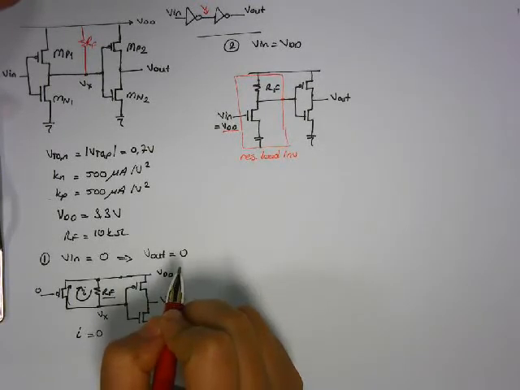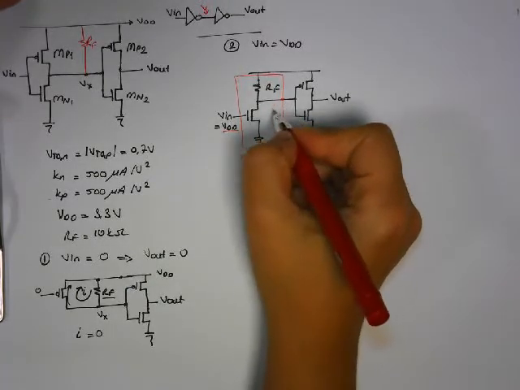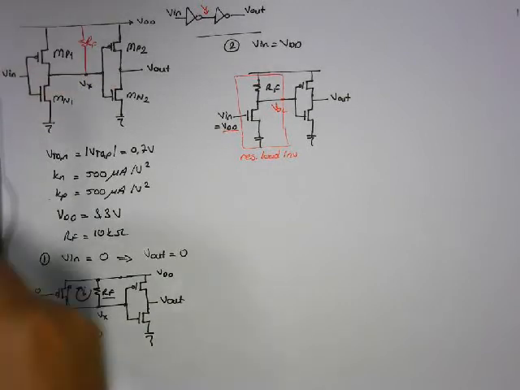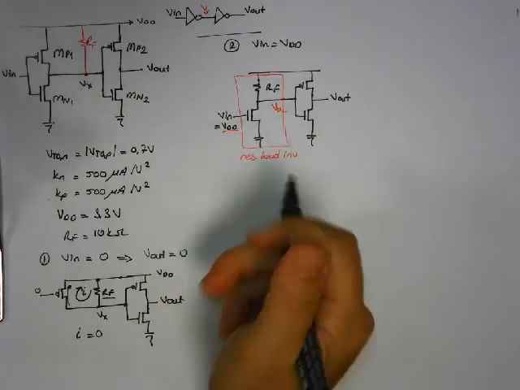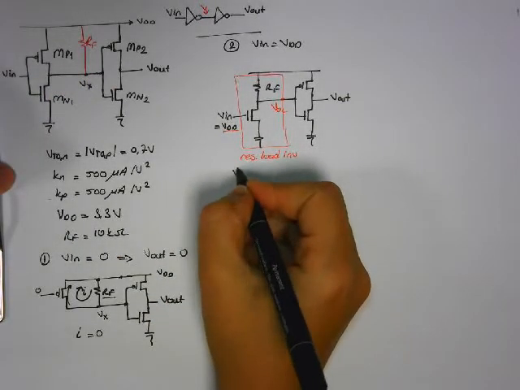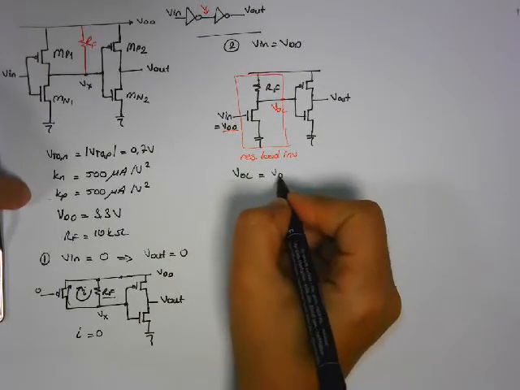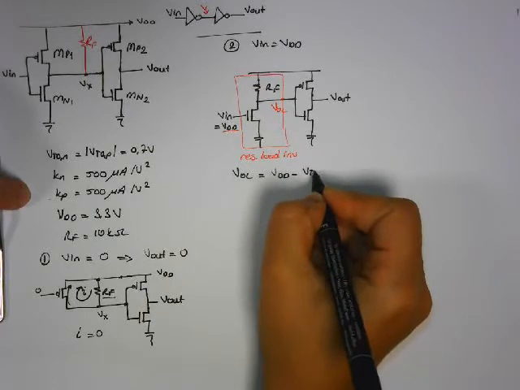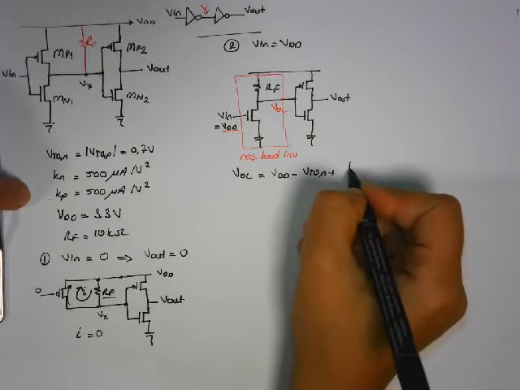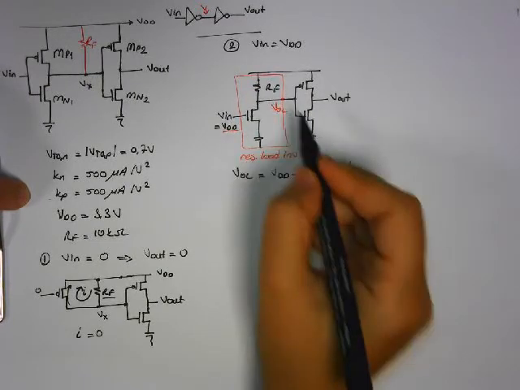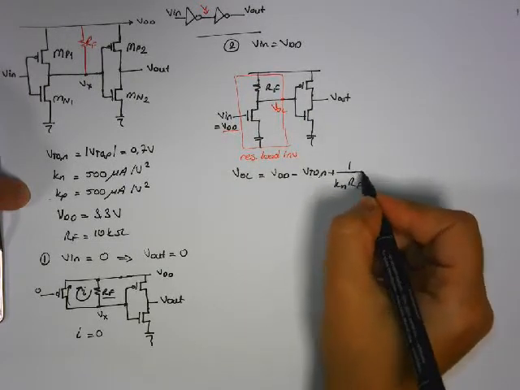Output of this inverter will be VOL. We can calculate VOL using this formula, VDD minus Vt0 of NMOS plus 1 by Kn R. Load resistance here is Rf